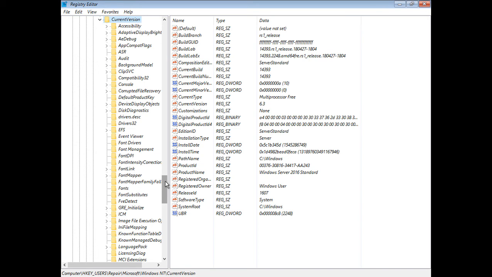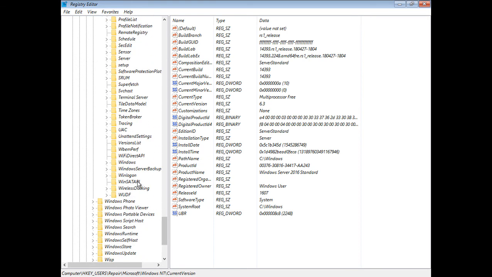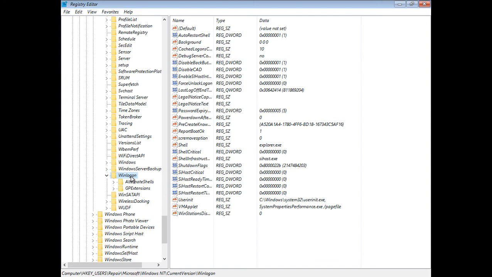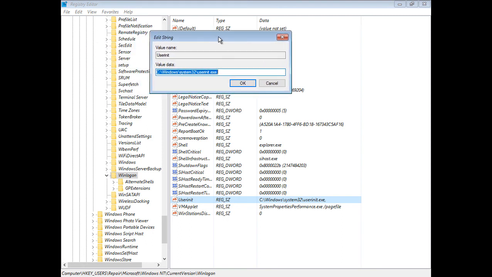Now let's just say we've got the virus issue that I mentioned earlier. So we're going to go down a little further to Winlogon. So let's go to Winlogon here, and then we're going to go to the Userinit. Double click on that, and this is where viruses typically take control of your computer. They redirect this Userinit file to something else, and then when you go to log in, it redirects you to